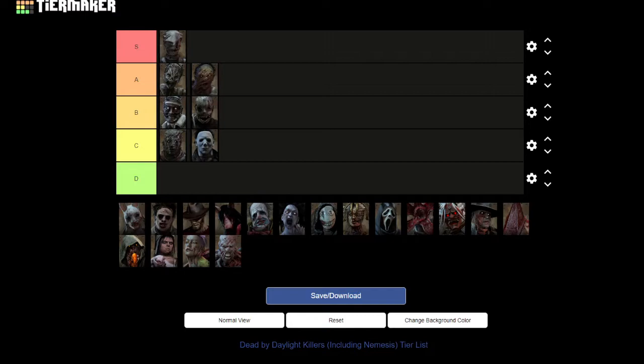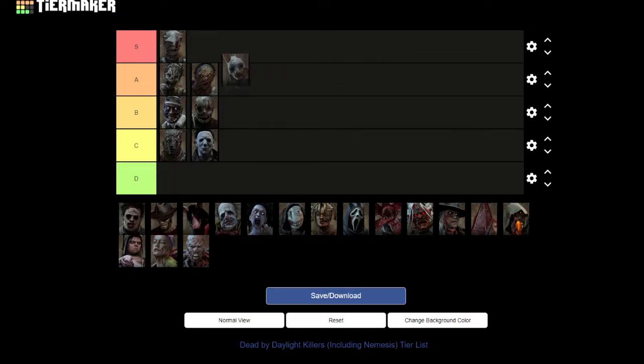The next one is Huntress. I think the Huntress is an A tier killer. If you're a good Huntress, you'll know when to throw your hatchets, and that can destroy people, and it can also mess with people when they're on a loop, which is good. But it does damage. So it's like the Doctor, but instead of the whole shock thing, it does damage and there's no shock thing, so you can counter loops. You can also get people from far away, and